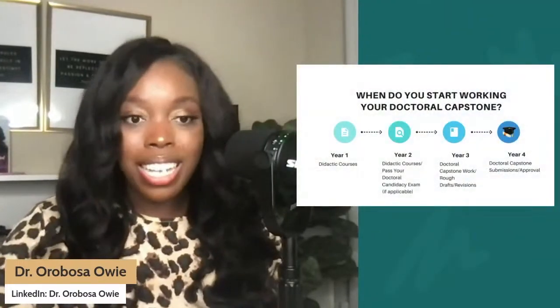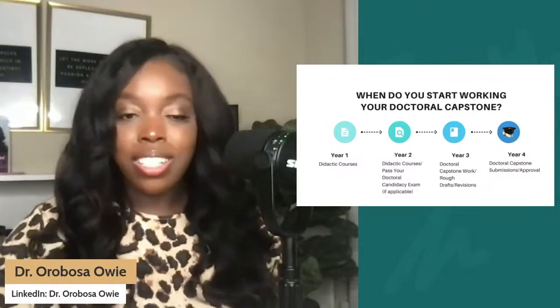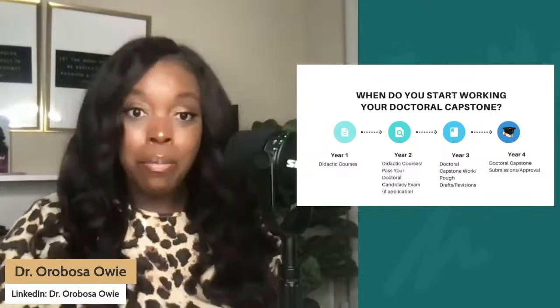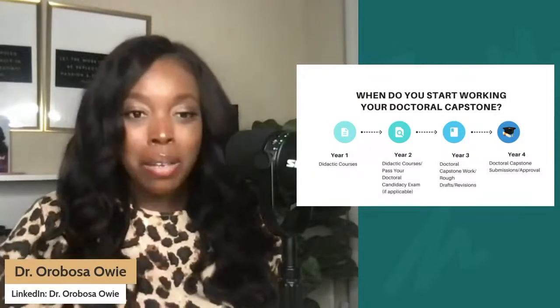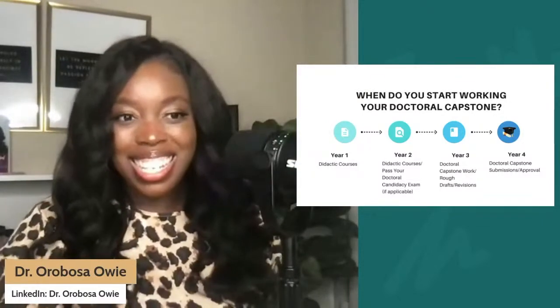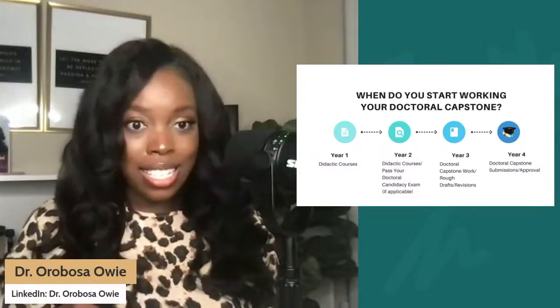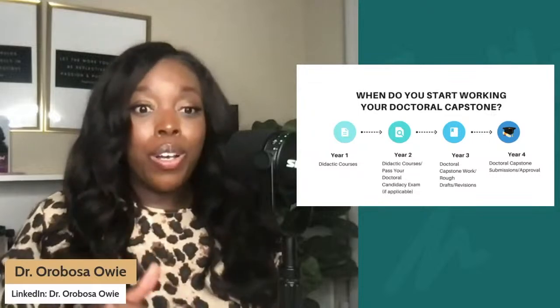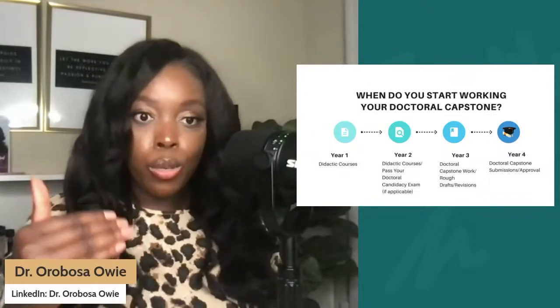And then year 4, ideally, you would get approved. They'll send you a notification that says congratulations, Dr. So and so. But it's not linear, but ideally, because the professional doctorate, because that's what a DHA is, is a little shorter than your PhD. You usually get it in about 3 to 4 years,